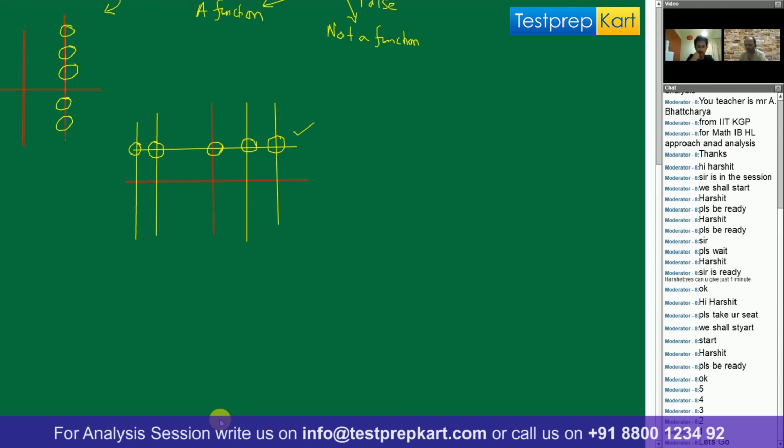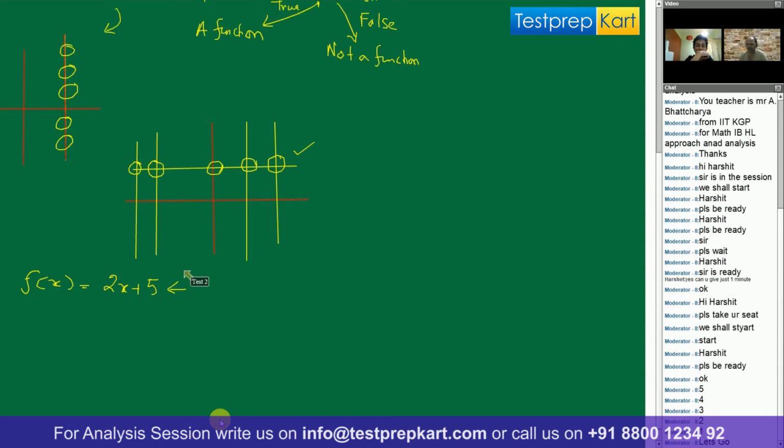But this is an algebraic expression. For an algebraic expression, with the previous approach, the vertical line test, first we have to draw the graph, and then check whether any vertical line intersects at more than one point or not. That should be the approach. Now, is there any other way, an algebraic method, to check whether it is a function or not? The answer is yes. But before that, let me tell you